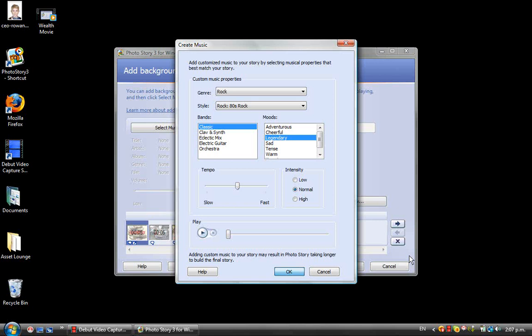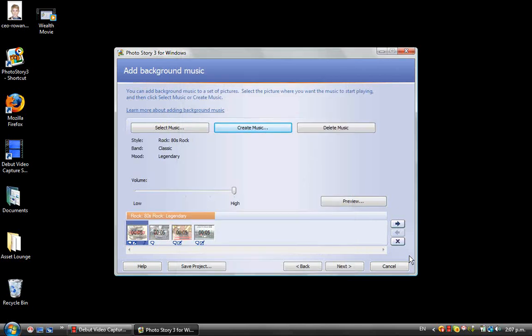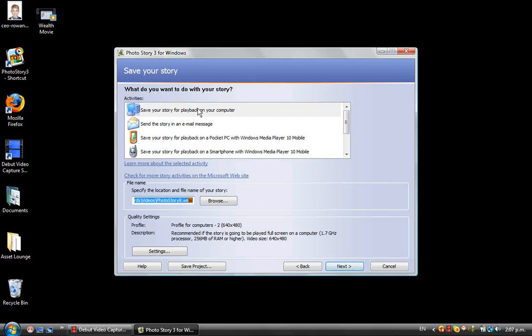We recommend that you play it back frequently so that the images are always in front of you and you're really creating and manifesting what you want. Let's click on next, and we'll save your story for playback on the computer. Again, you can look around to where you want it saved by clicking on browse, but I'm happy with where I've got it. So now I'm going to click on next.